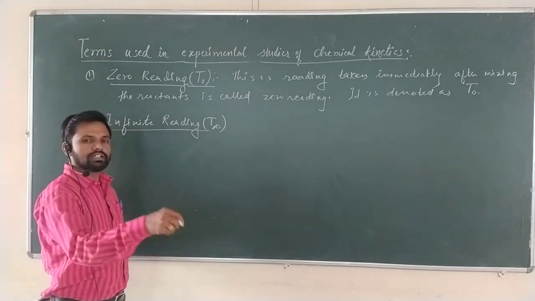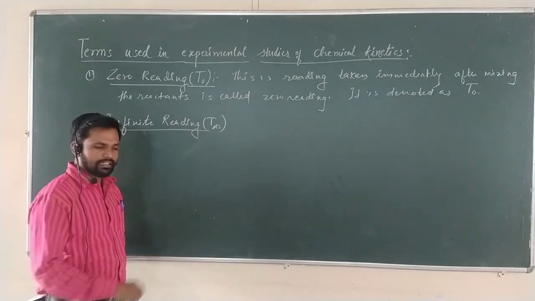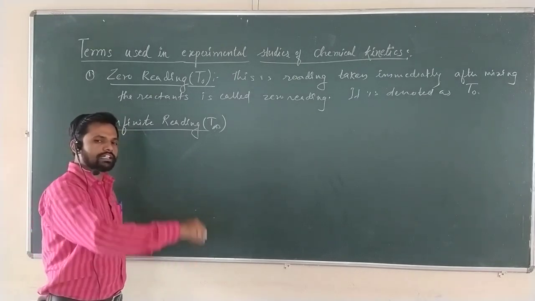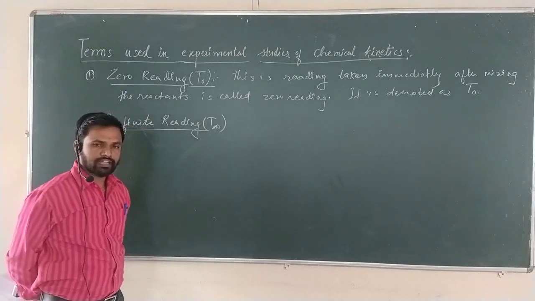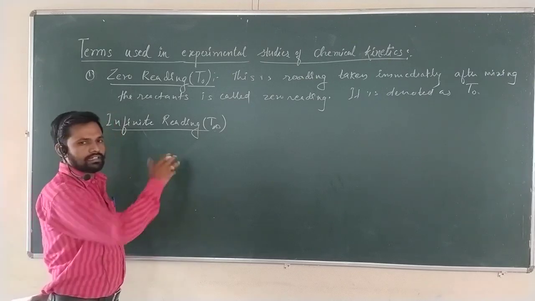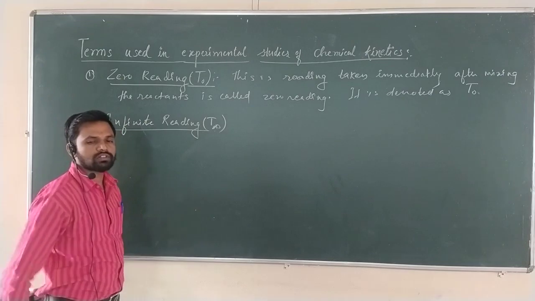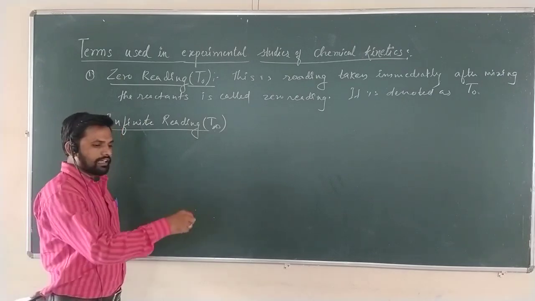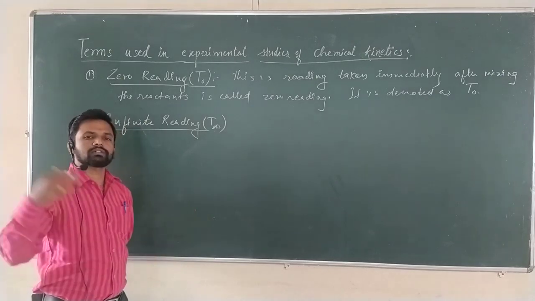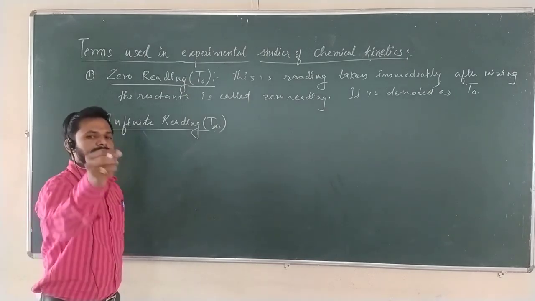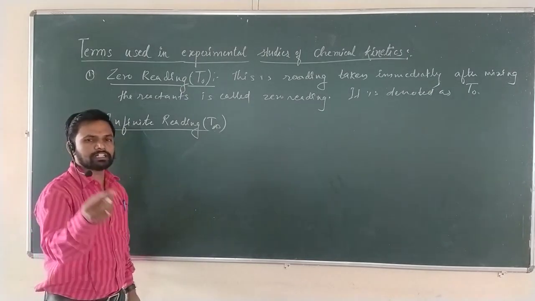When t equal to 10 minutes, if you want to determine it, again you have to pipette out a certain amount of the mixture and titrate it against the NaOH, in case of the ester hydrolysis. This is for t equal to 10 minutes. If after 10 minutes you again want to determine the concentration, again 10 minutes means the time intervals.